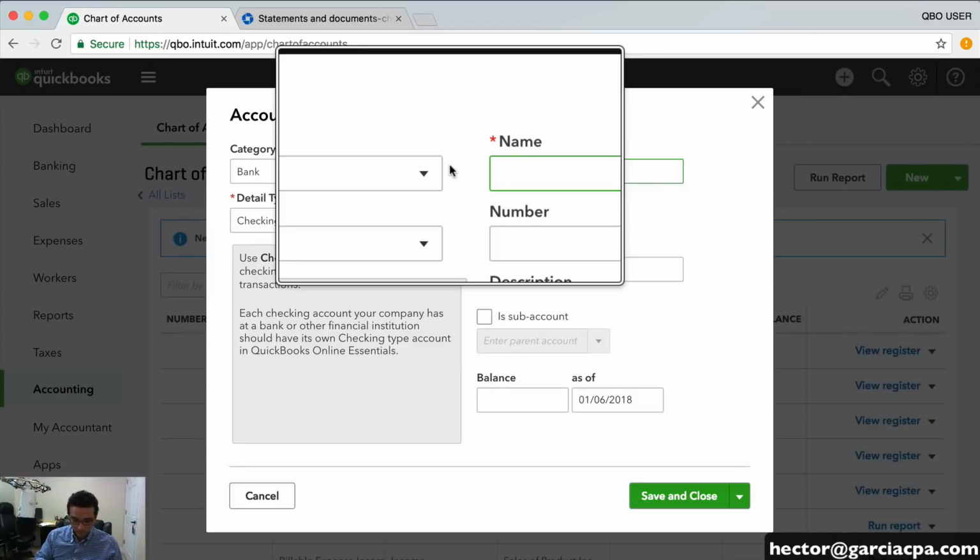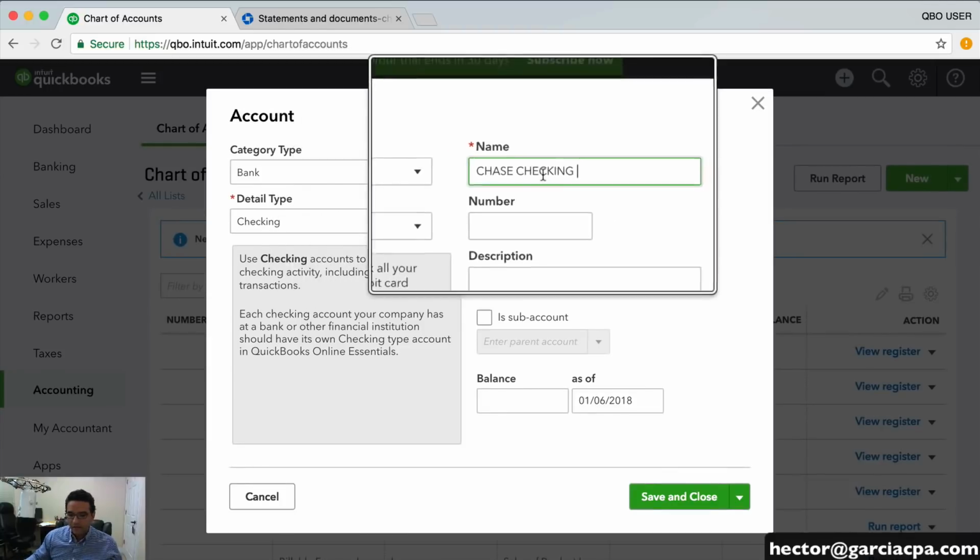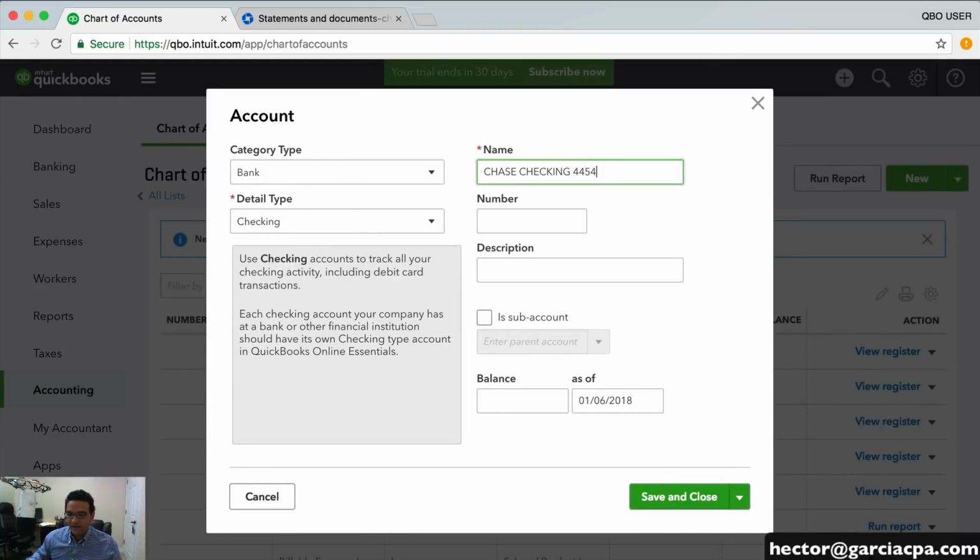So, Chase Checking, and we'll give this the last 4 digits of the account. It's really important to bring in the last 4 digits of the account, especially if you've got multiple accounts going on. Then under balance, we're going to literally grab the bank statement from the closing period from